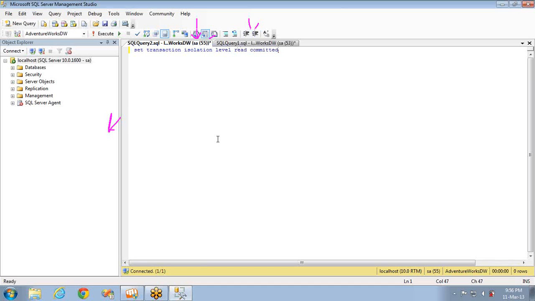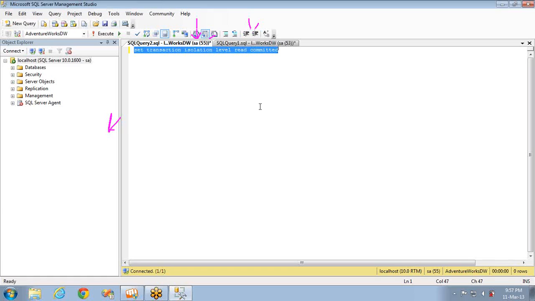Then the next queries or transactions executed with this connection will use the read committed transaction isolation level. Let's see a couple of examples of how to set the read committed transaction and what the impact will be. Okay, let's see examples here.